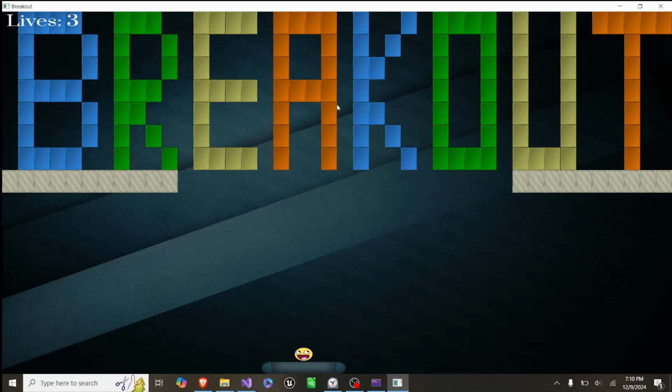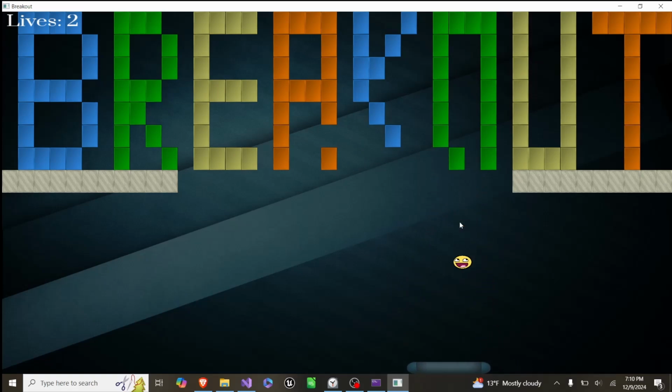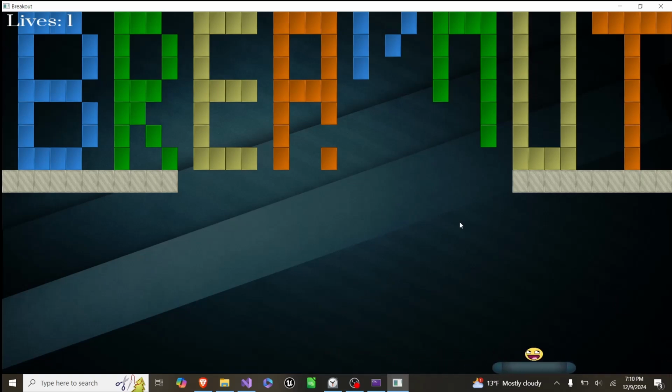So we can move around the paddle on the bottom using A or D, and when we push space, it will launch the ball. Like this. And if you get all the blocks knocked out, you'll get a win screen, or if you die 3 or more times when the ball goes below the paddle, then you lose the game. And I've lost 2 lives, but if I just demonstrate losing a last life,